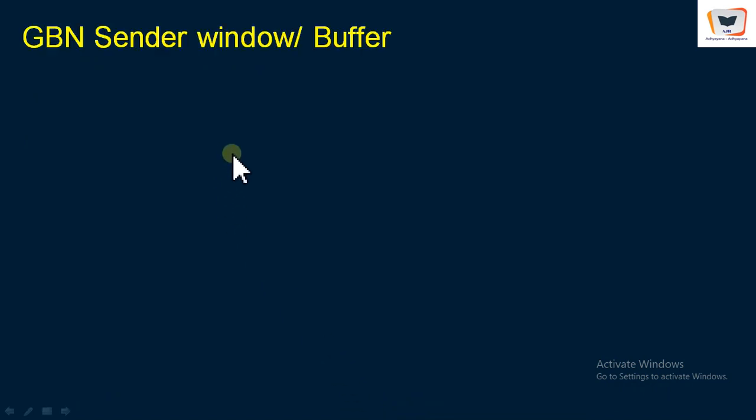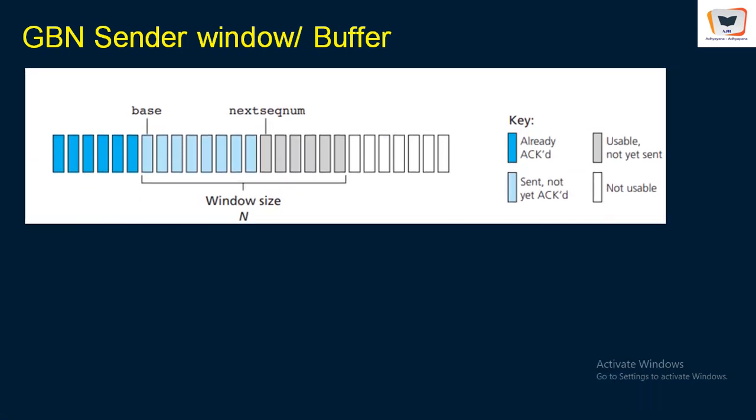The GBN sender possesses a window because the pipelining of packets necessitated several packets to be pumped into the channel. These several packets that are being pumped should be marked with a sequence number. Therefore, the GBN sender required a buffer, and this buffer is also called a window, and it looks something like this. These green packets are those packets available in the window, available in the buffer of the GBN sender, these packets have received the acknowledgements, and from here till here,